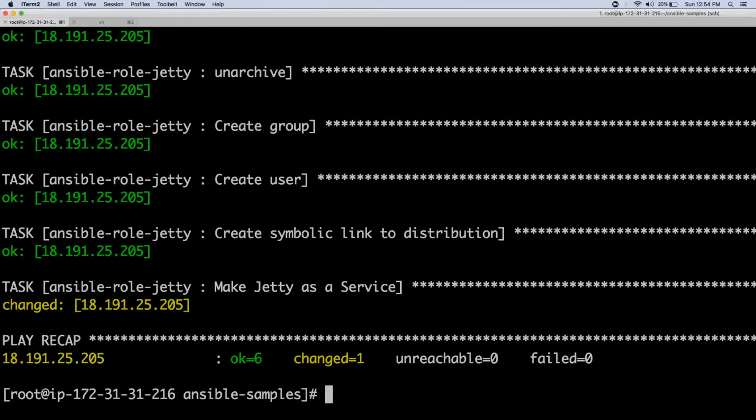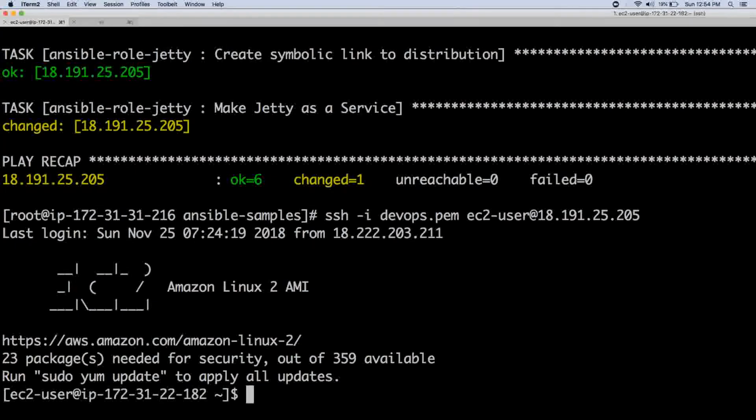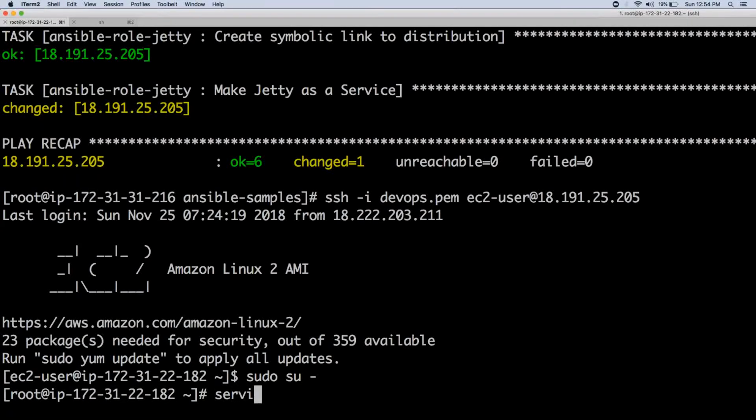Changed. Now if you go to that server, ssh -i devops.pem ec2-user, this one, sudo -i, and if you type service jetty status,